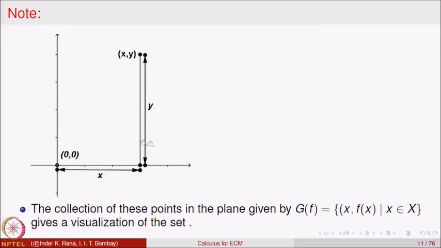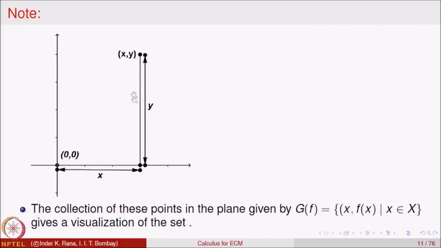This horizontal line is called the x axis, and this vertical line is called the y axis. The horizontal line is marked with units. The point origin where they intersect is taken as 0, with equidistant points 1, 2, 3 and so on, and the negative numbers on this side. That is basically the real line, and similarly the real line here. Here the real line is put as a vertical line. Up is positive, going down is negative.